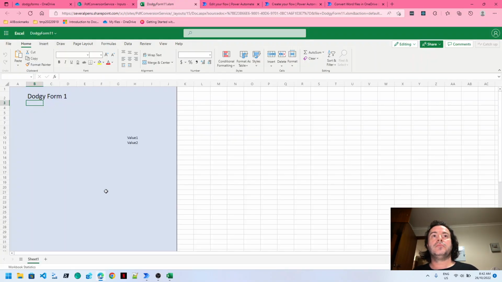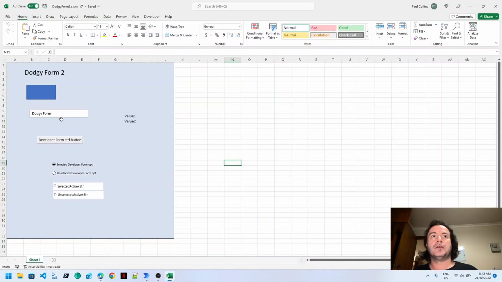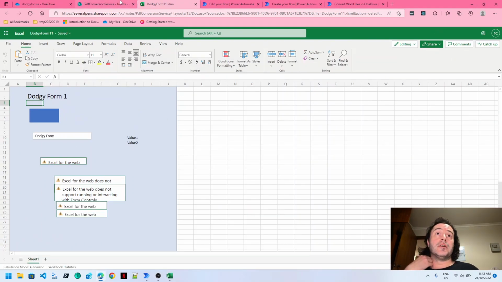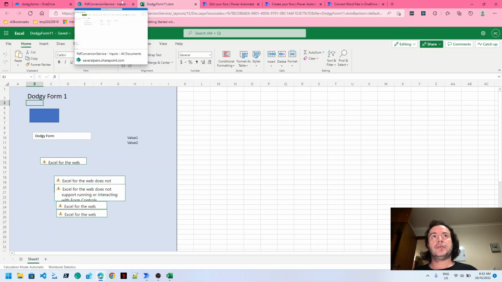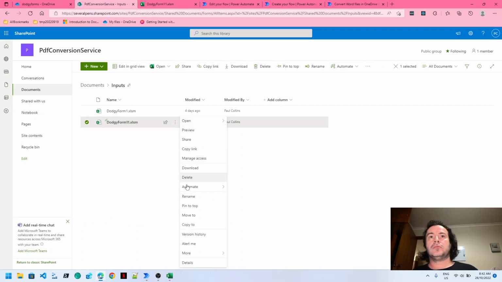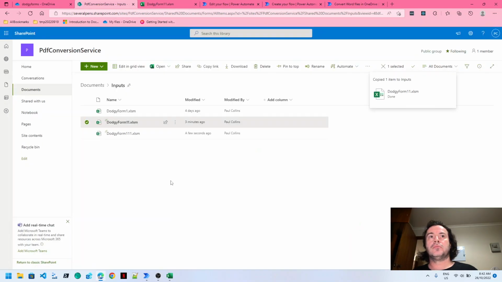So the form is the style of form that contains shapes and objects that can only be viewed in desktop. And for that reason, I want to convert it into PDF so that I can extract the data using AI. So if I just get this form and copy it, triggering the creation of a new form,